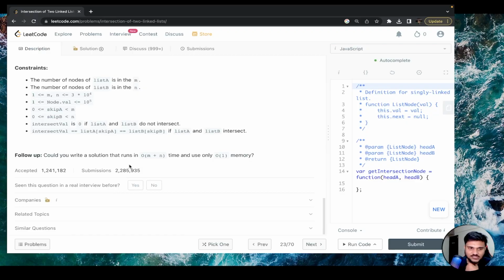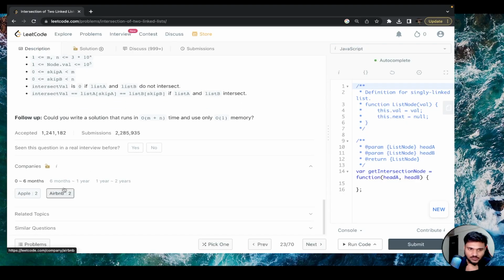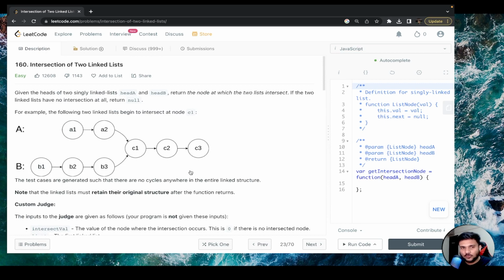If you carefully see, this question was previously asked in Apple, Airbnb, Microsoft 6 times, Bloomberg 2 times, LinkedIn, Adobe, Facebook, Uber, Qualcomm. So in a lot of easy round interviews, which is technically your first round or screening round, this question is very frequently asked. So I hope the overall logic of the problem is clear to everyone.